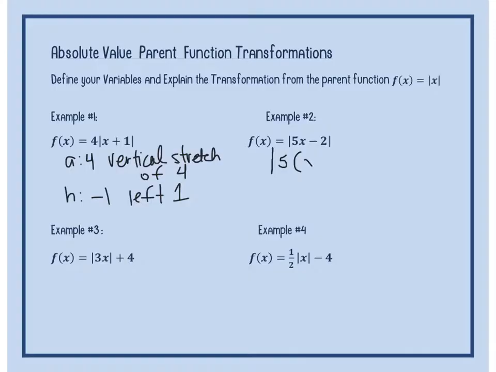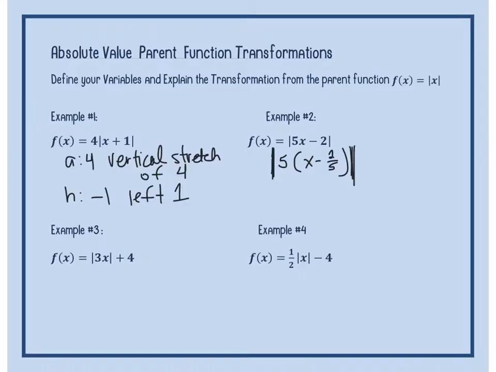So the first one is x. What is negative 2 divided by 5? Well, if it doesn't divide perfectly, we can leave it as a fraction, or we can put it as a decimal. Okay. Now, if you check that, if I distribute the 5 back in, do I have 5x minus 2? I do. Now, notice that everything is still inside the absolute value